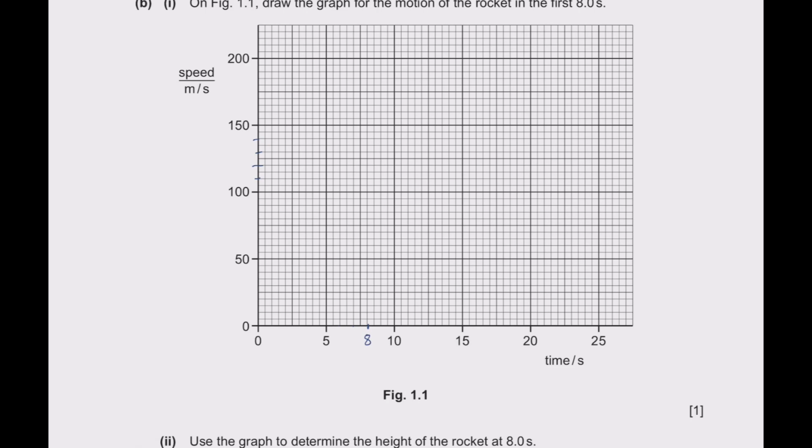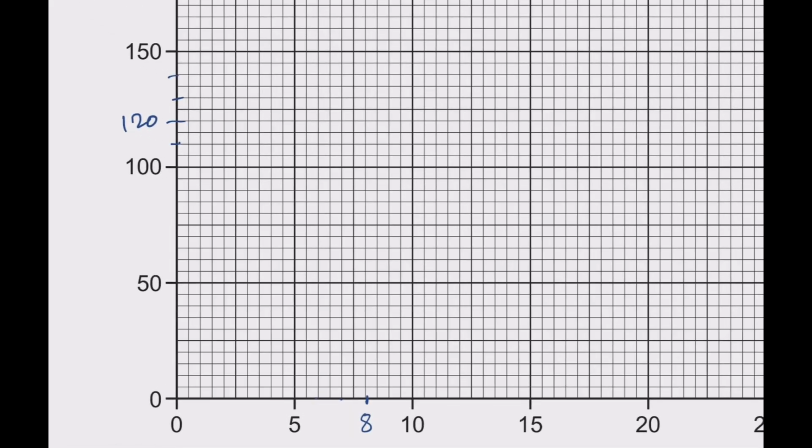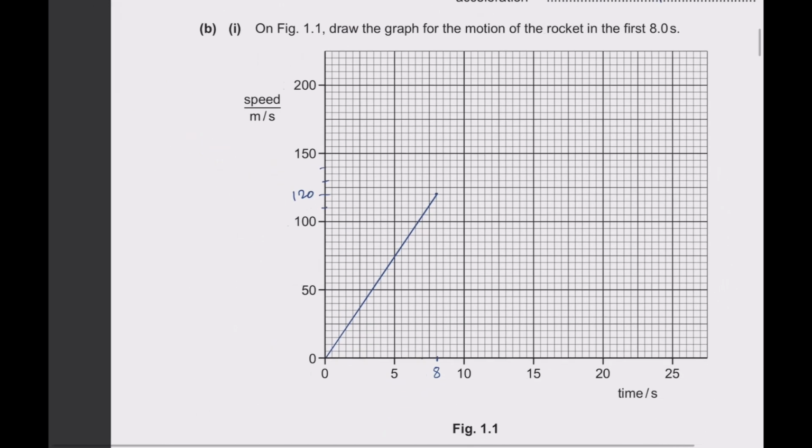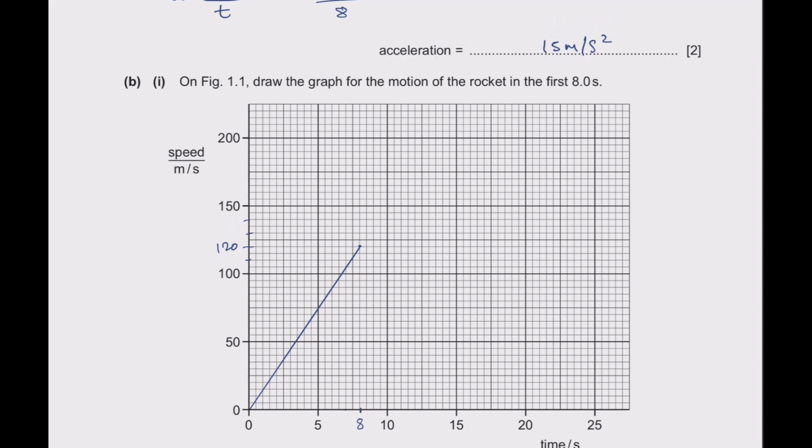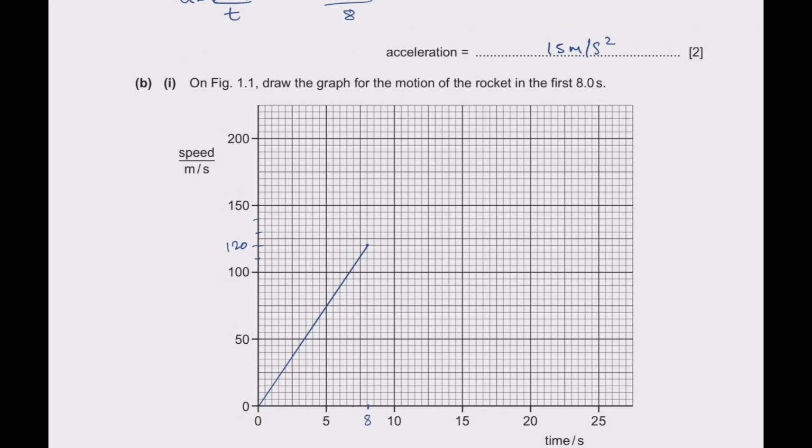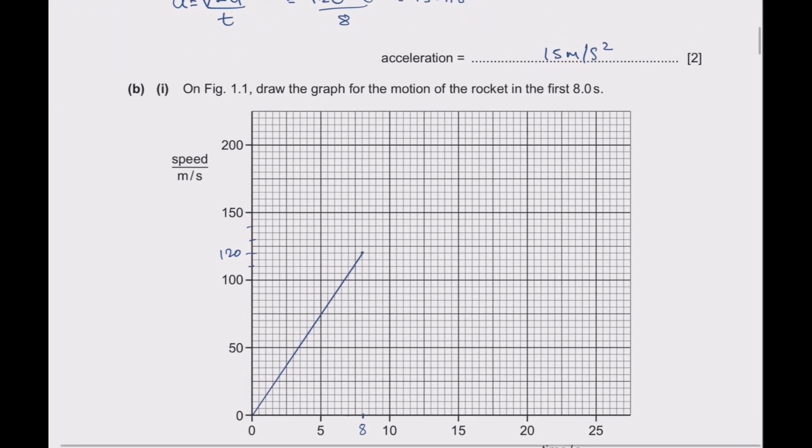So 120 is this. So if you look at this, this is the point where it is having. So let us draw a straight line, because the acceleration is uniform given to us in the question. Okay, so that is the